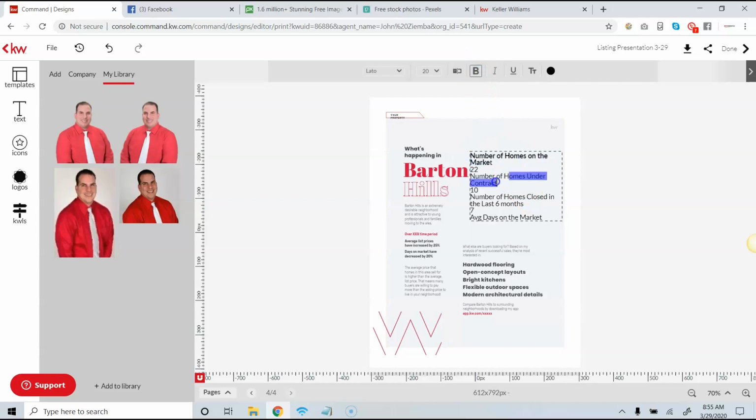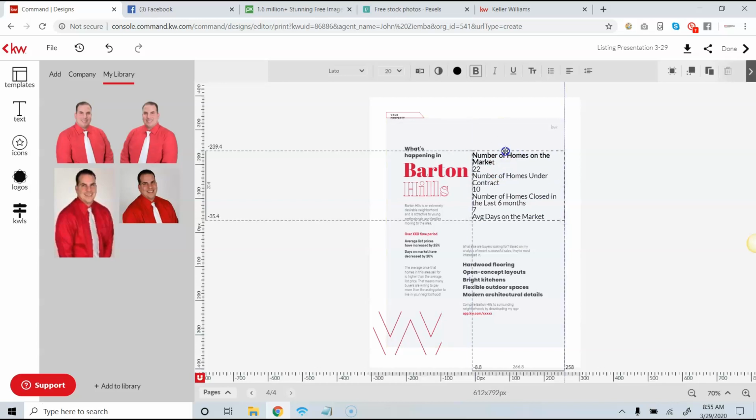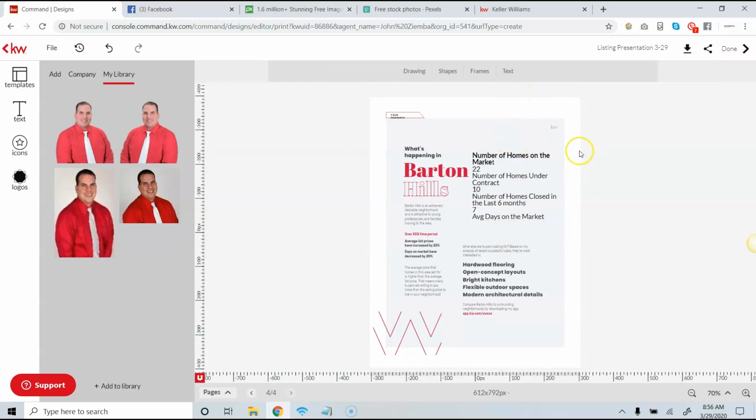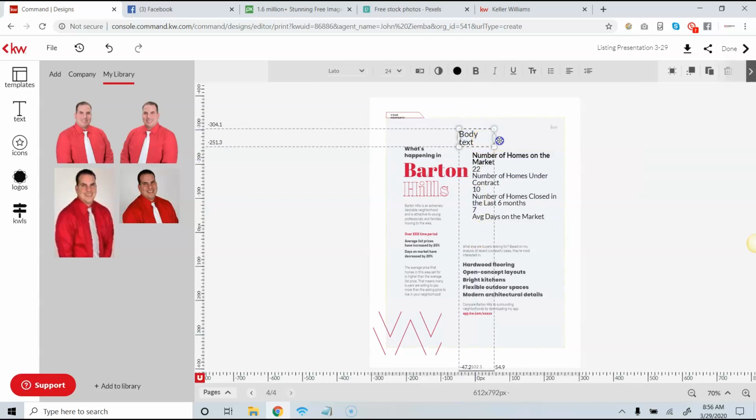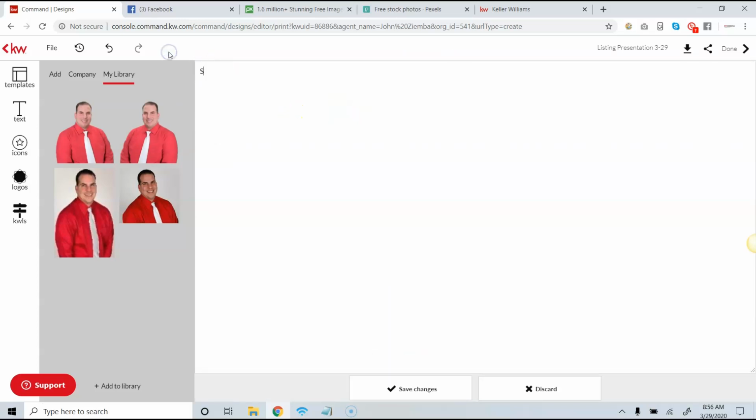Okay. And if I get the whole thing, it'll do the whole word. Right. So now what I find is that if I'm going to use different sizes in text, it's a little bit easier to have a separate text box for that. So again, if I just unclick from where I'm at here, I click on text and I just say I want to do body text here. I like using the typewriter, and I would say stats for Glendale